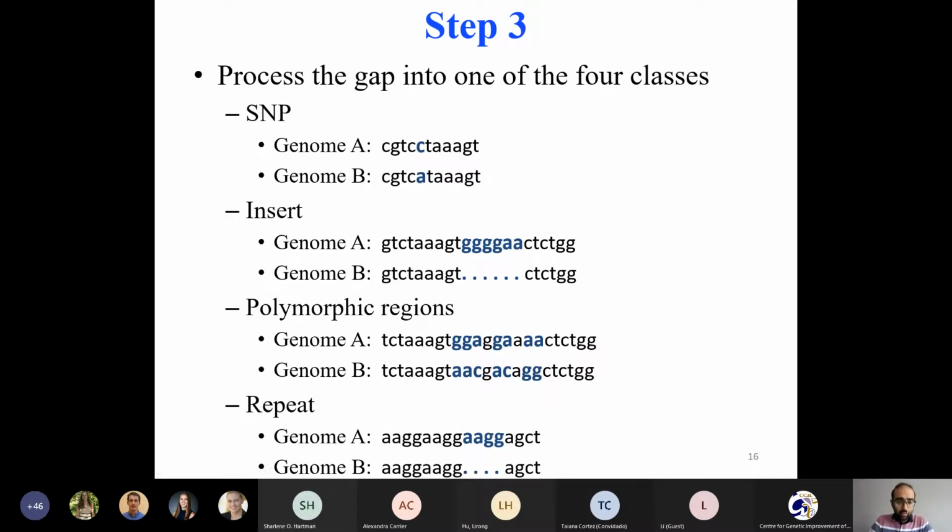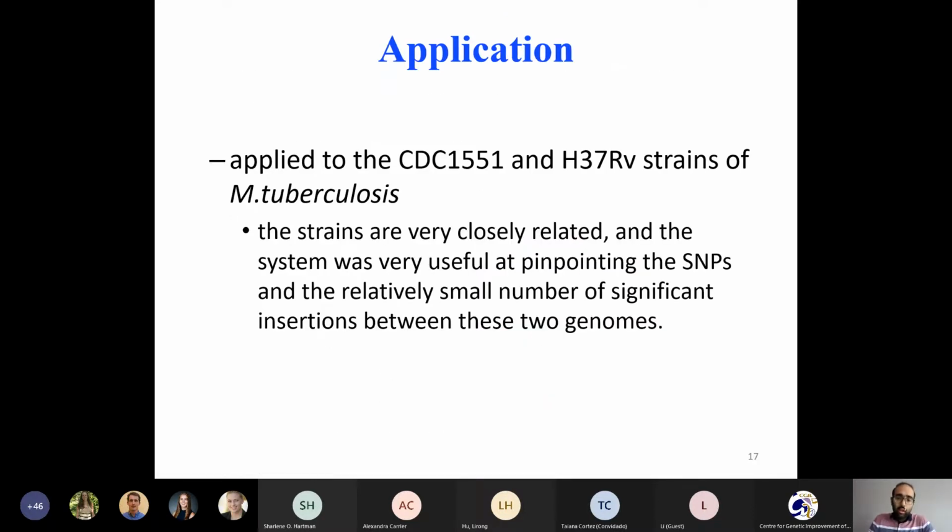They can use Smith-Waterman alignment to understand if there is some SNP, insert, polymorphic regions, or repeats between the two genomes. It was first applied to a tuberculosis strain. Something that I would like to say, if one of you is working on whole genome alignment,